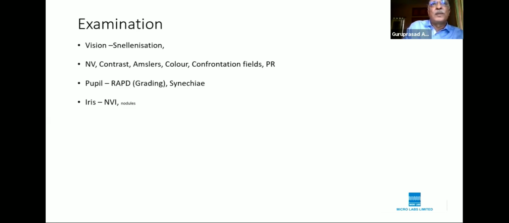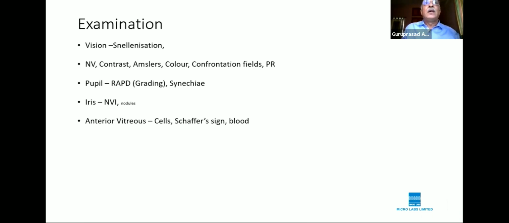Presence of Seidel is important. NVI, something that is very, very important in a patient with a vasculopathy in the retina, is the presence of NVI. You have to rule out NVI, and certain patients with uveitic conditions can have nodules on the iris as well. So these two important things refer to signs which can give you information about the posterior segment.